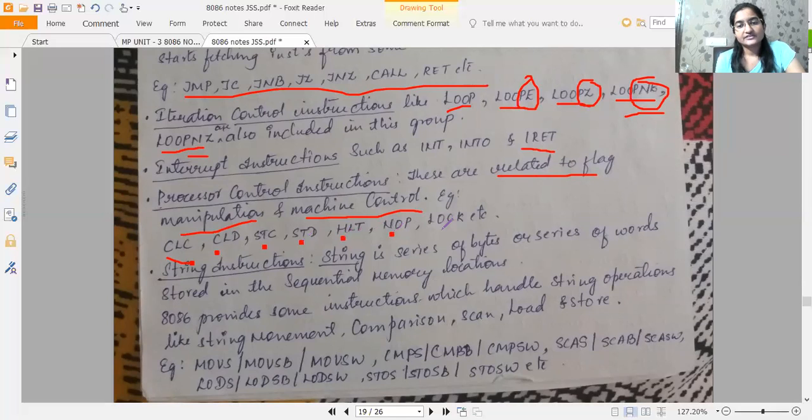Then you have lock instruction. Lock instruction is when any instruction has a prefix lock. That means if there is a co-processor along with the main processor, right? There are few co-processors also.